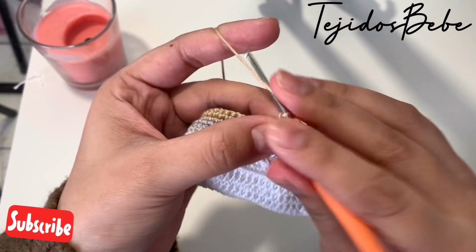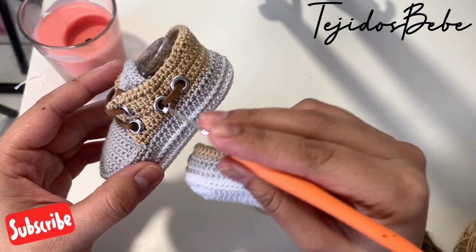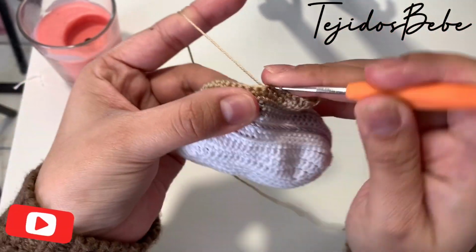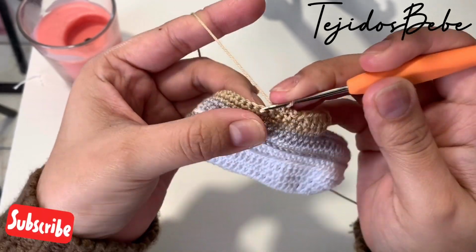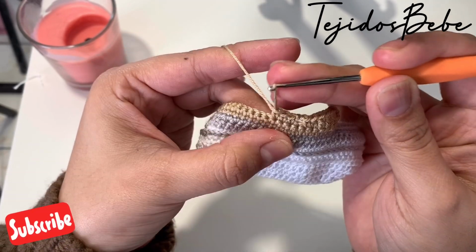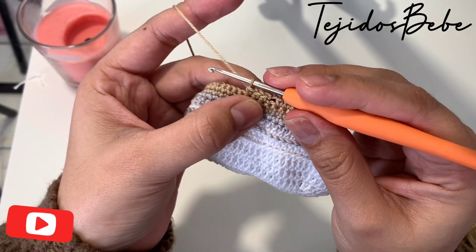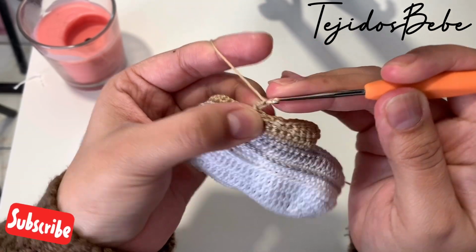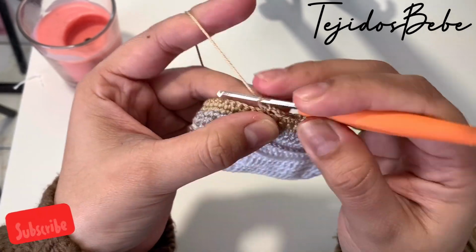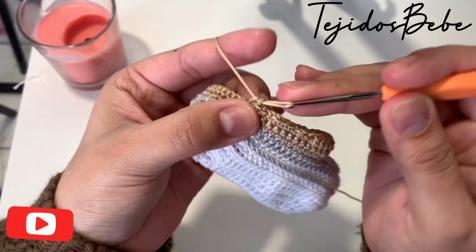And right here, chain 2, because we're going to make these holes for the eyelets. So chain 2 and skip 1. In the next one, make 1, 2, and in the next one, 3. We have the hole for the eyelet. So we have 3 single crochets, chain 2, skip 1, and in the next one, make a single crochet, and continue working single crochets until you get to,